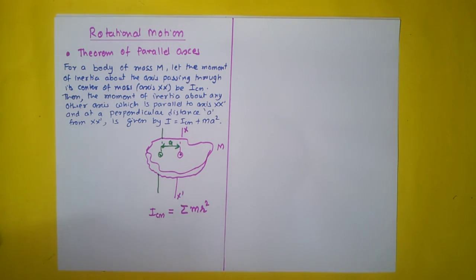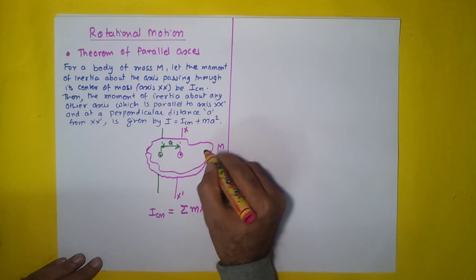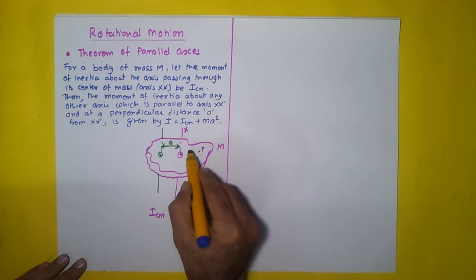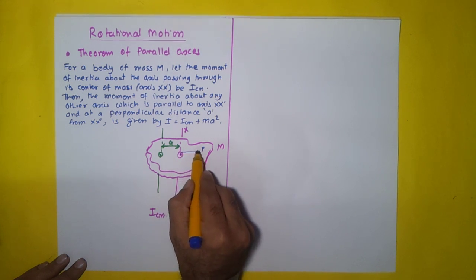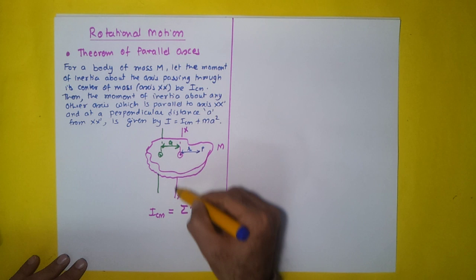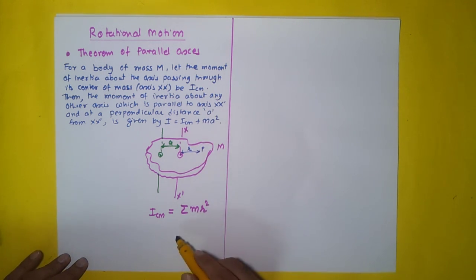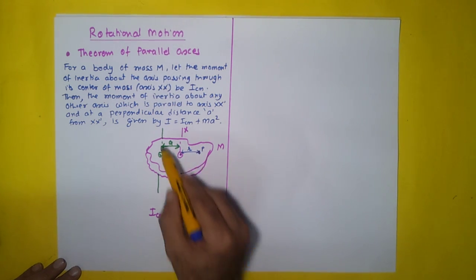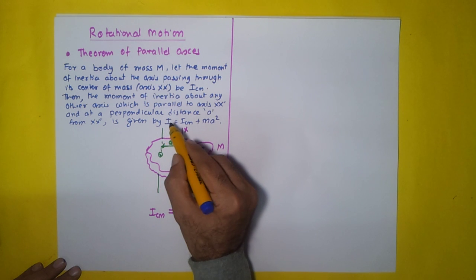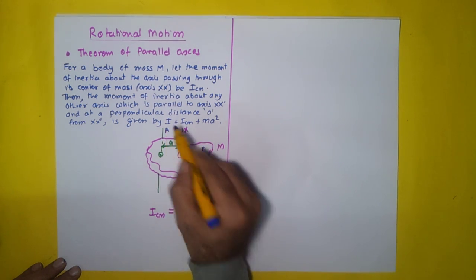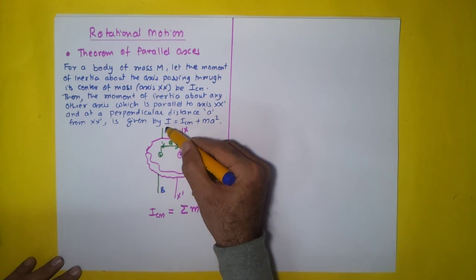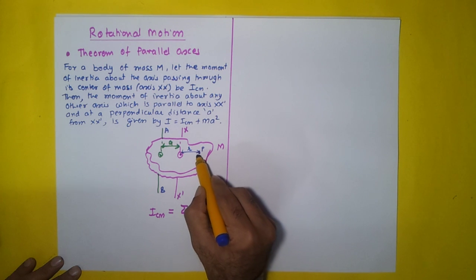So what we'll do is let us say we take a point. Let us say this is a point P, and let us say it is at a distance r from the axis x dash, that is the axis passing through the center of mass. Right? Now, for the moment of inertia about this axis, let us call this axis AB, the moment of inertia I AB of this particular mass, small m, about this axis will be,